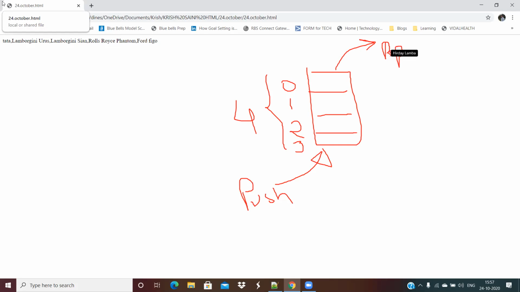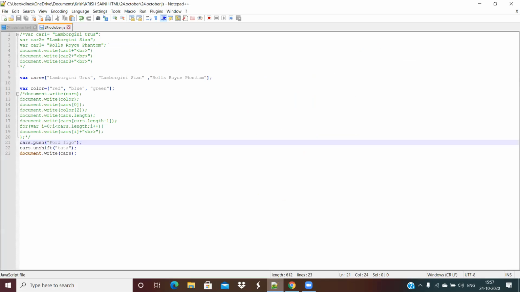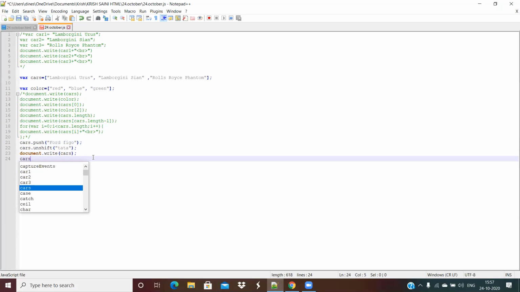Okay. So now let's go back to your code. We'll make use of cars.pop. Go to the next line, cars.pop. Wait, just a minute. Sir, now tell me what? So we want to remove something, right? Yes, sir. So we are going to remove, suppose, the last element.